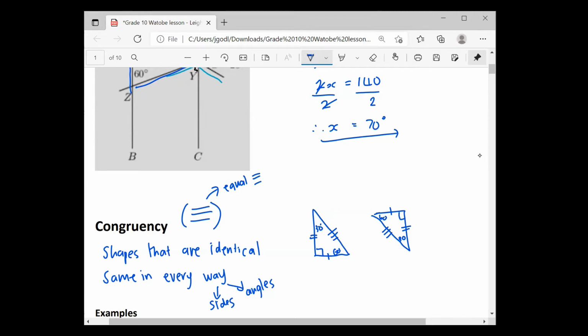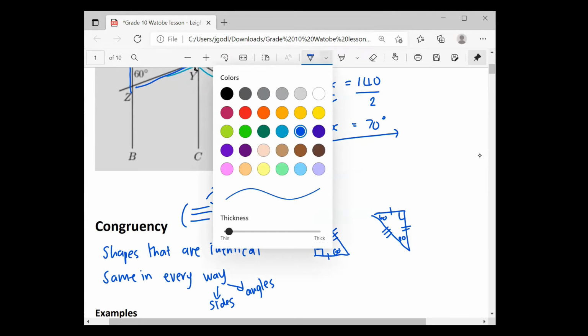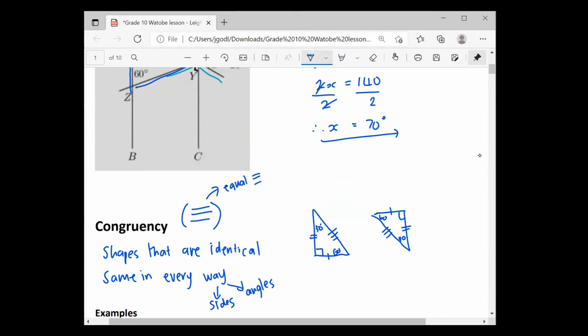Okay, so they are exactly the same in every single way. Now, the thing we have to be careful about with congruency is that when we say things are congruent, we have to match up the angles that are the same as each other. So I'm going to call this triangle ABC, and I'm going to call this triangle DEF. If I was trying to say that these two triangles were congruent to each other, and I was talking about triangle ABC,